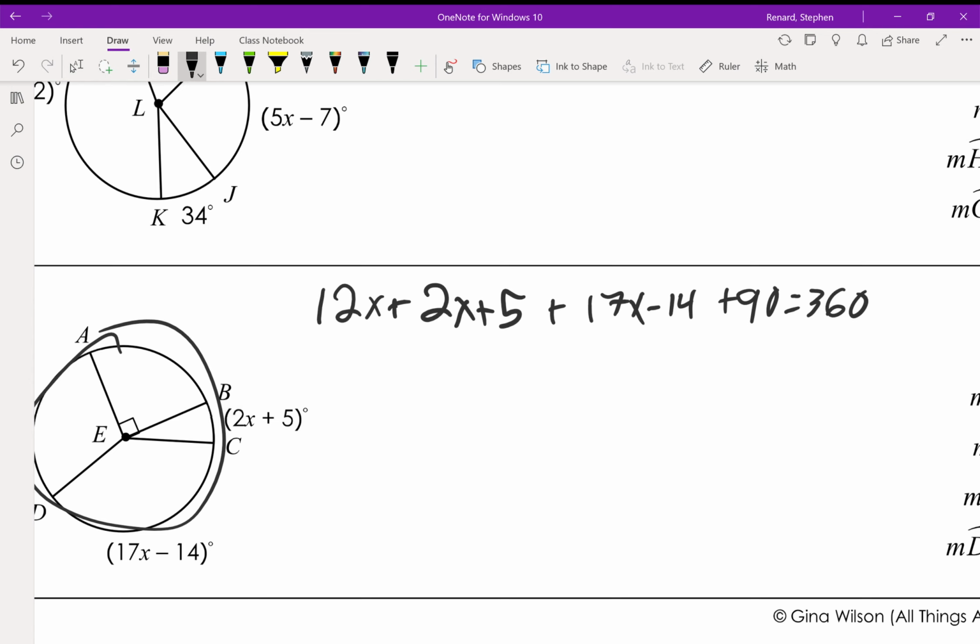So that gives us 31x. 90 plus 5 is 95. 95 minus 14 is 81. So we have 31x